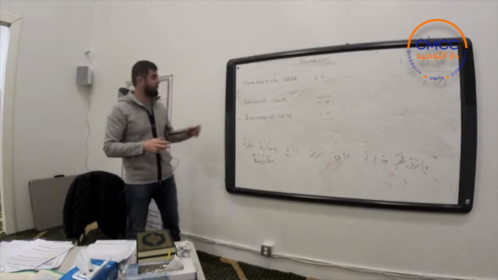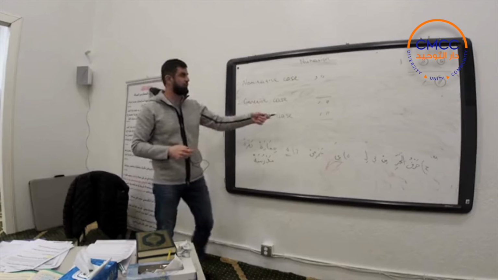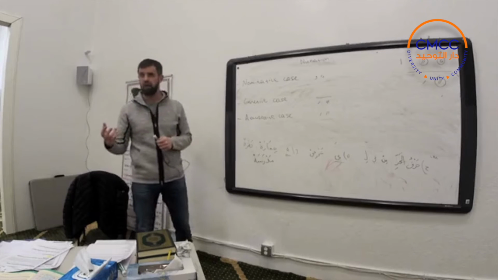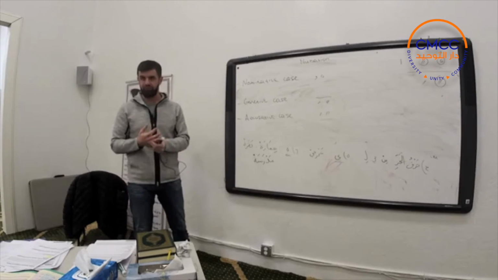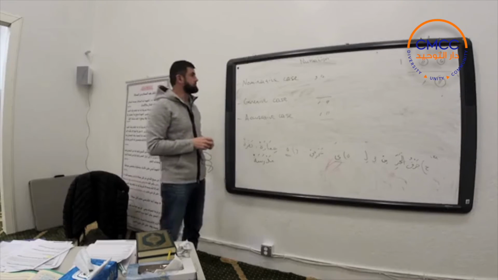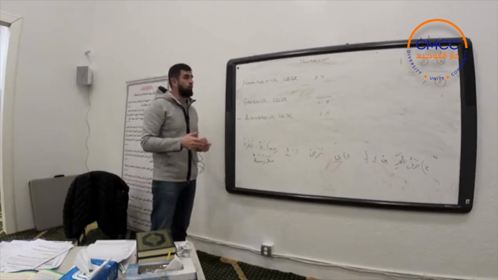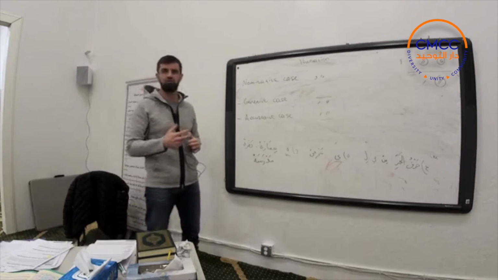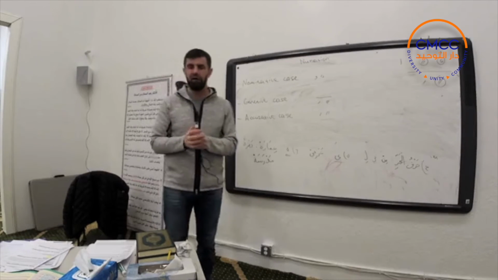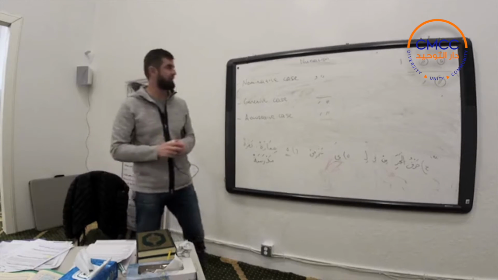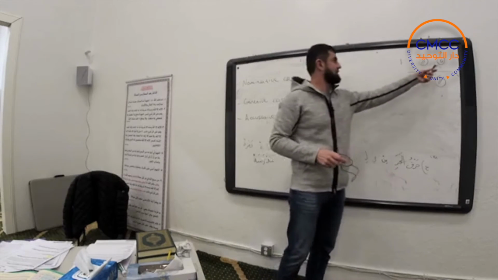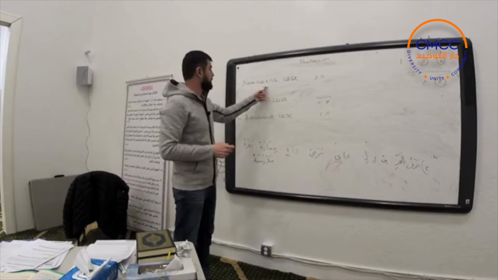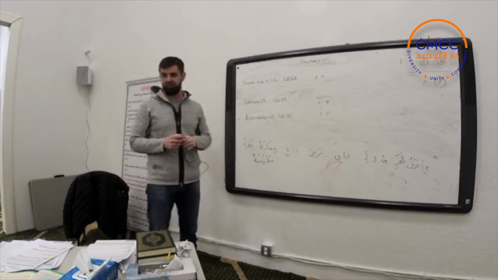I'll try to explain it. All these cases, since we're talking about tanweens and nunation, apply to nouns and adjectives, okay? Any word in its natural position in Arabic, for example, when you open any book or vocabulary list, is going to be with this tanween, un, okay? So we call it the nominative case.